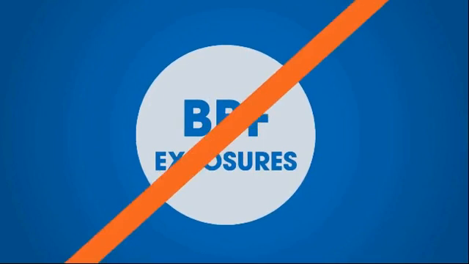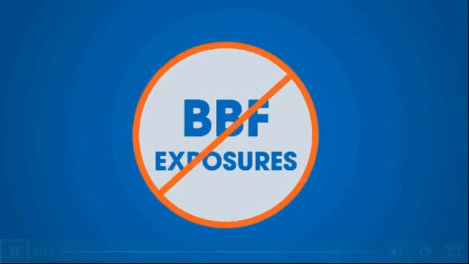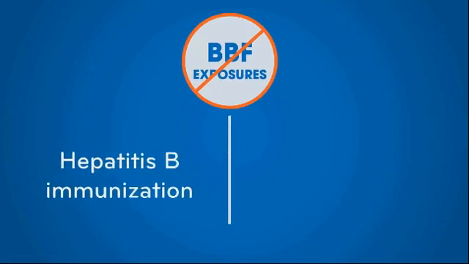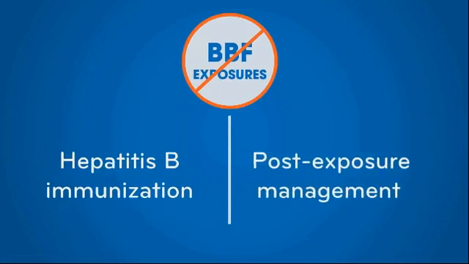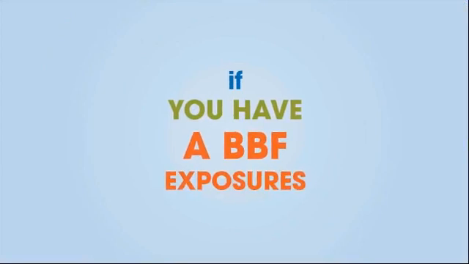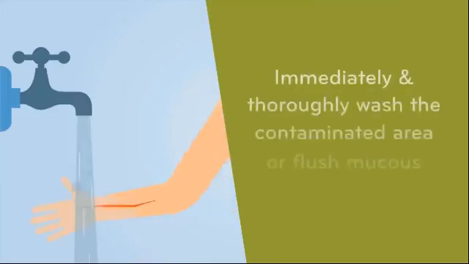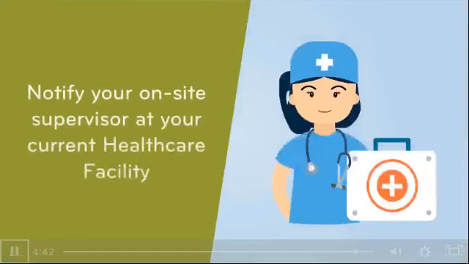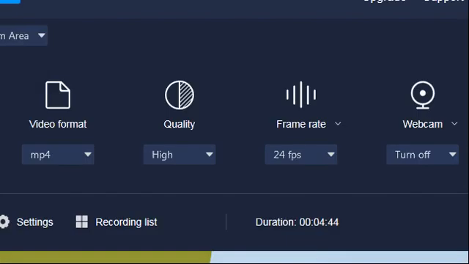The 2 important components to prevent infections following a blood and body fluid exposure are 1. Hepatitis B immunization, and 2. Post-exposure management. If you have a blood and body fluid exposure, the most important steps include: immediately and thoroughly wash the contaminated area or flush mucous membranes with water. Notify your on-site nursing supervisor at your current